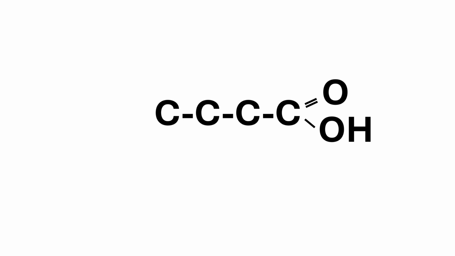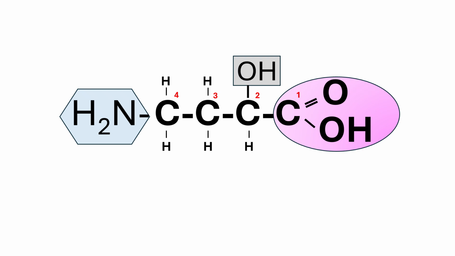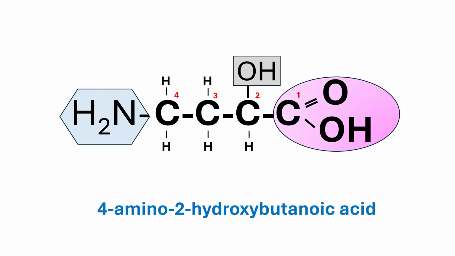Practice makes perfect, so I'm going to give it a little twist by putting the amino group, the amine group, somewhere else, and the hydroxy somewhere else. That'll completely change the naming. Again, we still need to prioritize the carboxyl group because of the C=O double bond. That's your alcohol again, and the amine, and counting is exactly the same because we need to have the carboxylic acid as the backbone. I'm going to put hydrogens in there to make sure it's all right. And notice that I've got 4-amino